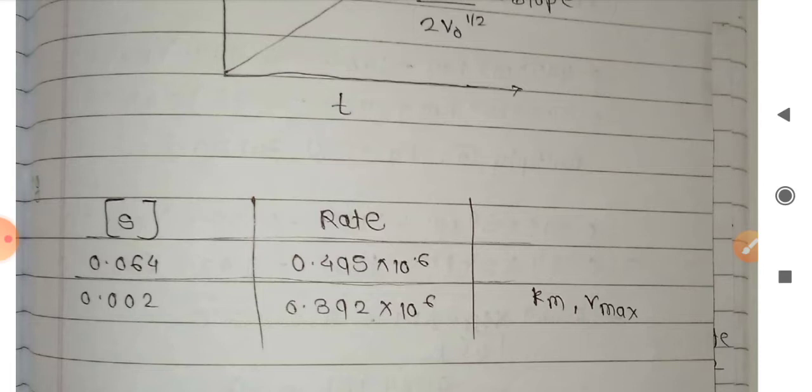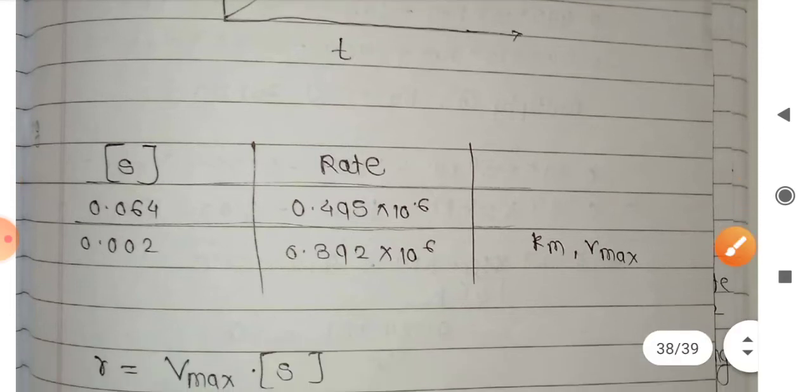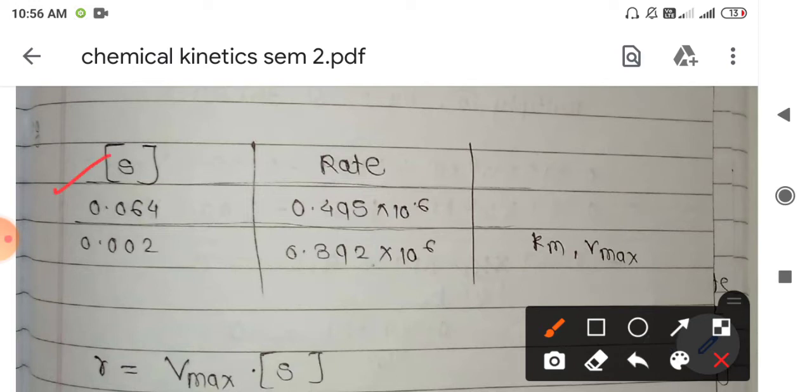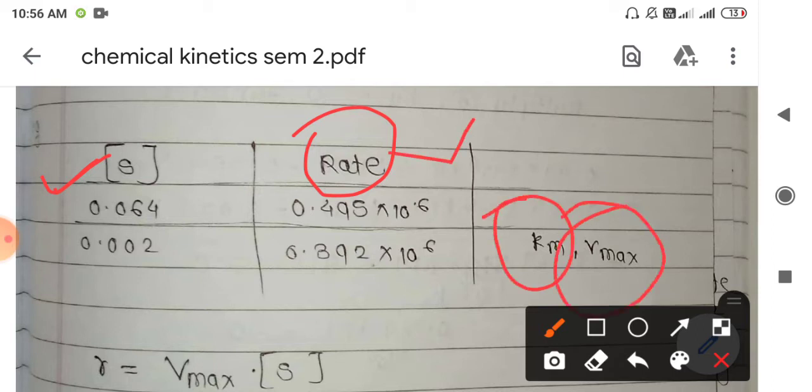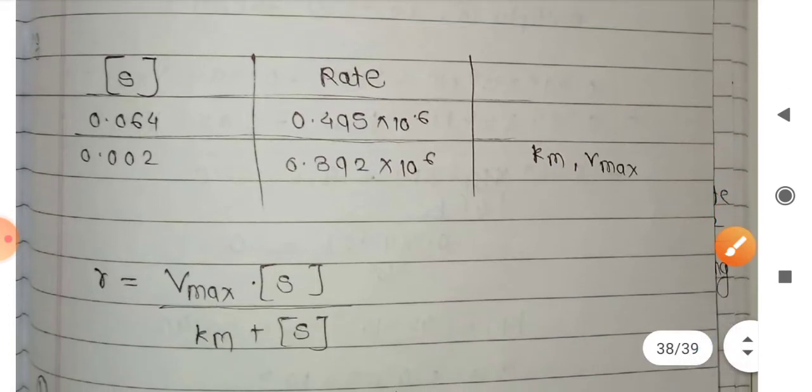In explaining enzyme catalysis, I have given you the various forms of the equation, like the graphical form as well as the double reciprocal plot, or the various types of analysis that can be interpreted from the enzyme catalysis. So you need to use any one formula that can be used to solve these problems. Here is one such problem, where you have been given the various concentration values of the substrate and the rate of that particular reaction. You need to find out the value of Km and the maximum rate, that is Vmax.